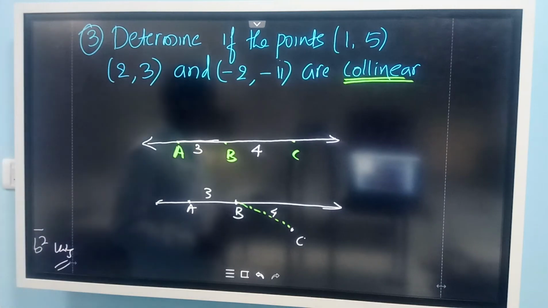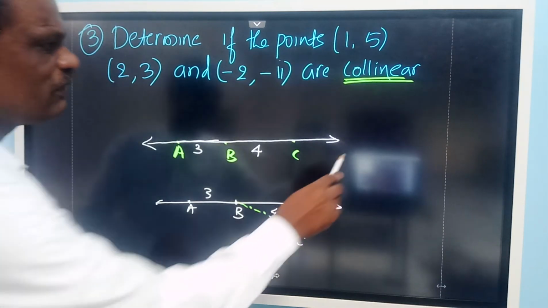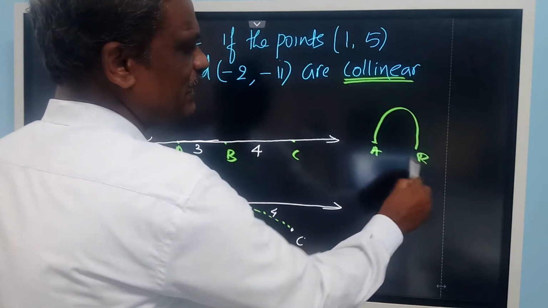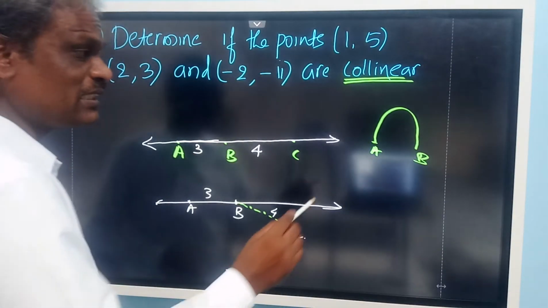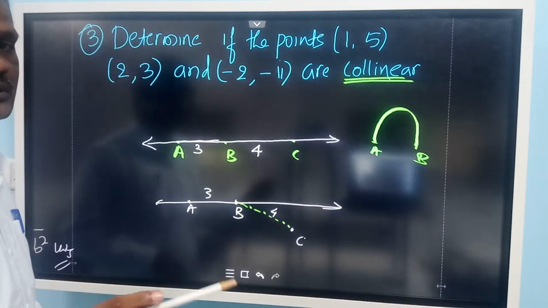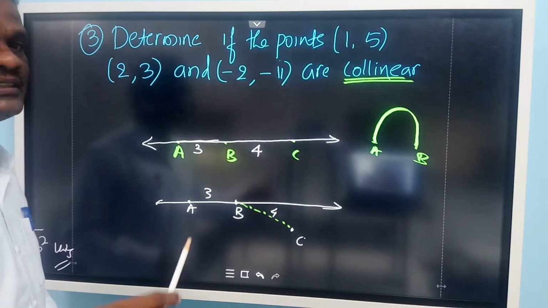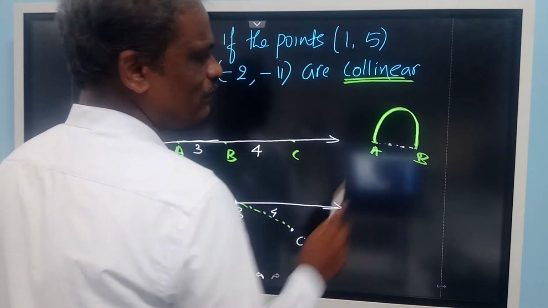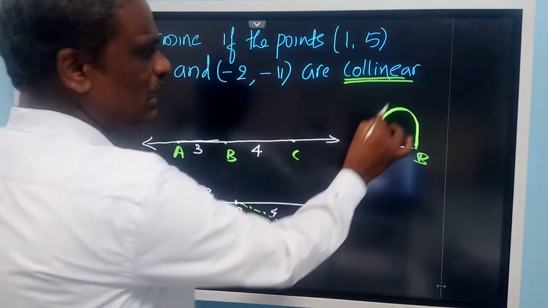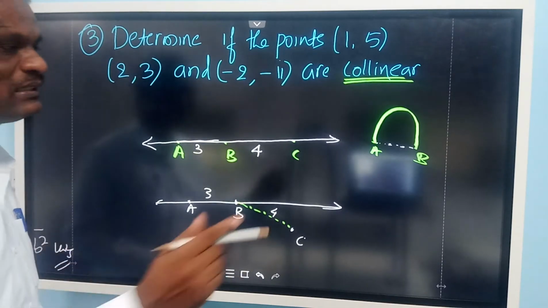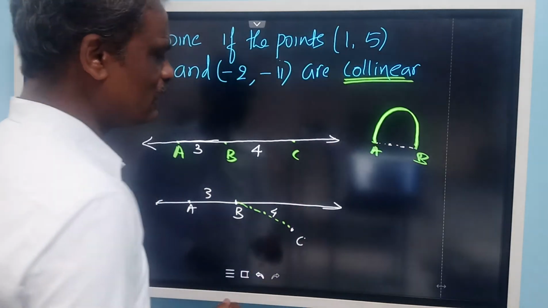Distance means always the shortest distance between them. Suppose there is a route like this. If point A is here and point B is here, and I ask what is the shortest distance between A and B, it means not the path you moved. That is not the distance, that is the distance traveled. What is the distance between A and B means you have to see the shortest distance. This is the distance between the points A and B. Suppose one person walked like this, that is not distance, that is the distance traveled by that person. What is the distance between A and B means it is the shortest distance you have to tell.